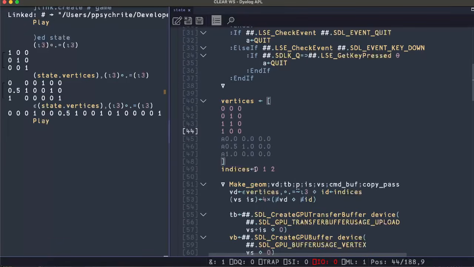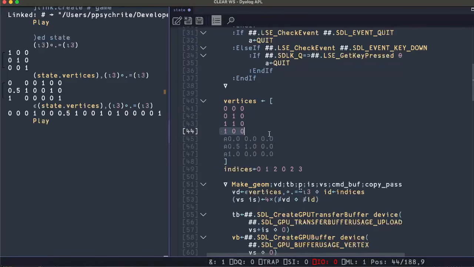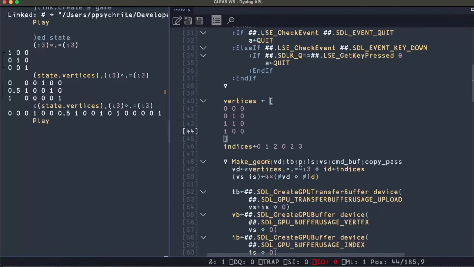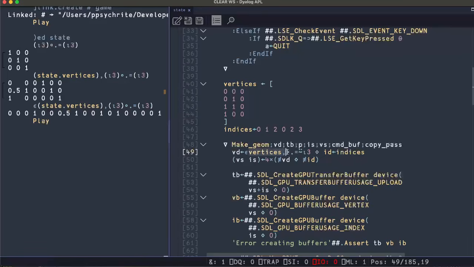And for the indices, we have 0, 1, 2 for the top left triangle, and for the bottom right triangle, 0, 2, 3. So the bottom left part, the top right, and the bottom right. And so we have the vertices, and we have the identity matrix. For the identity matrix, we do the iota on both sides. We can also add